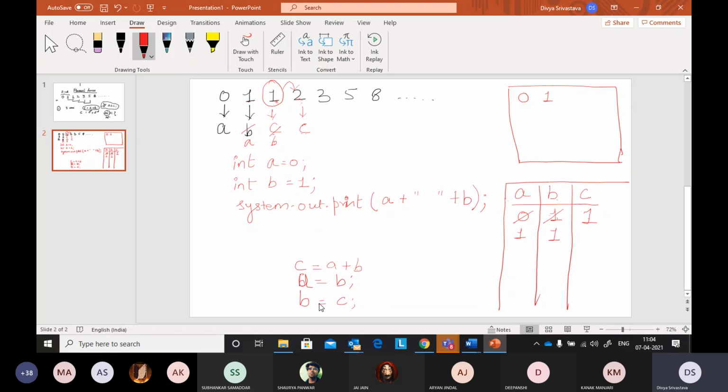अब मुझे यही काम कैसे करना है, लूप में करना है. तो नाउ लेट अस apply while loop, for loop, whatever you want. Since it is not mentioned in the question that you have to do it by using while loop, you can do it by while loop or for loop. So let us use for loop. Why I am using loop? Is it clear? Because ये काम मुझे एक बार नहीं करना है.